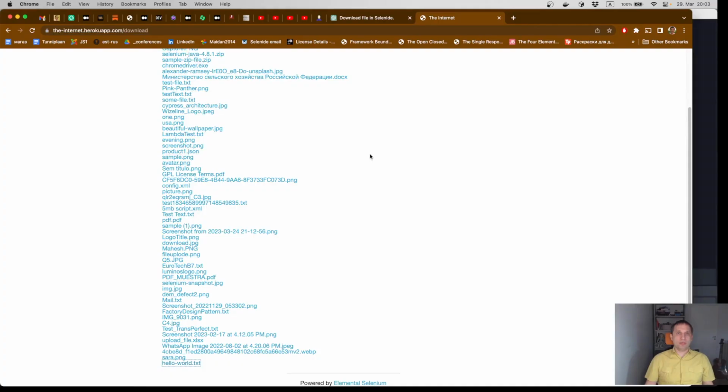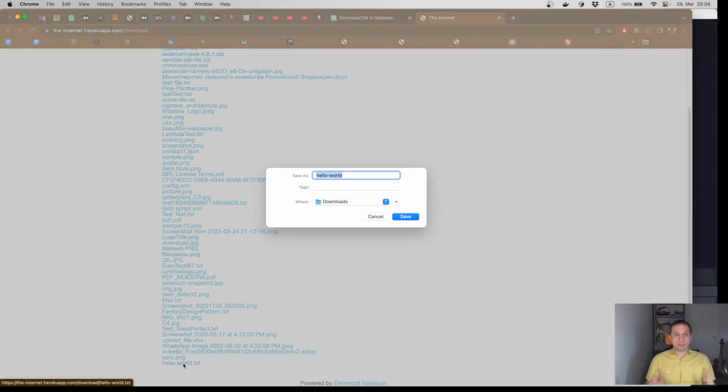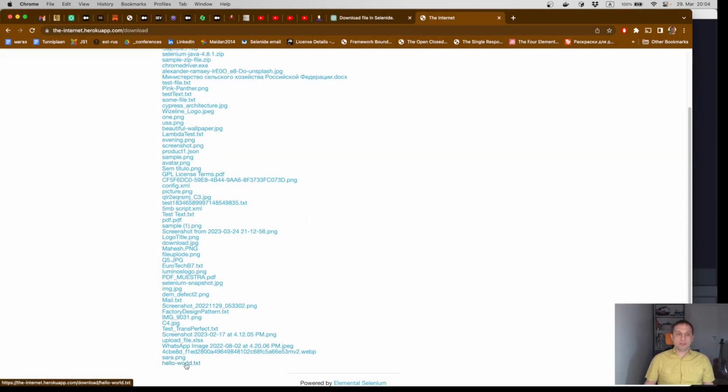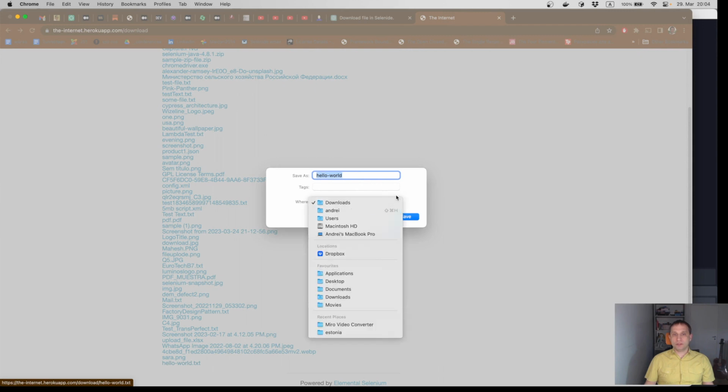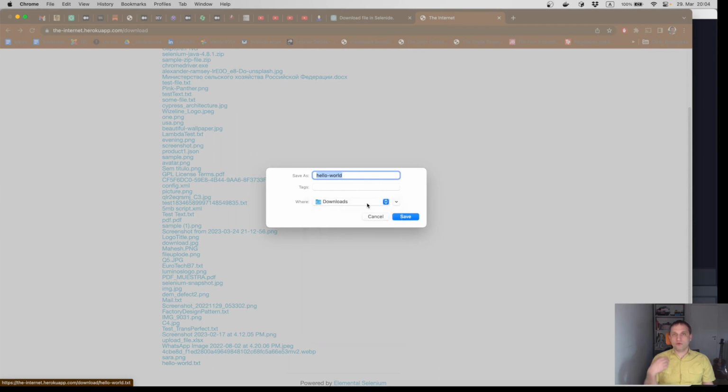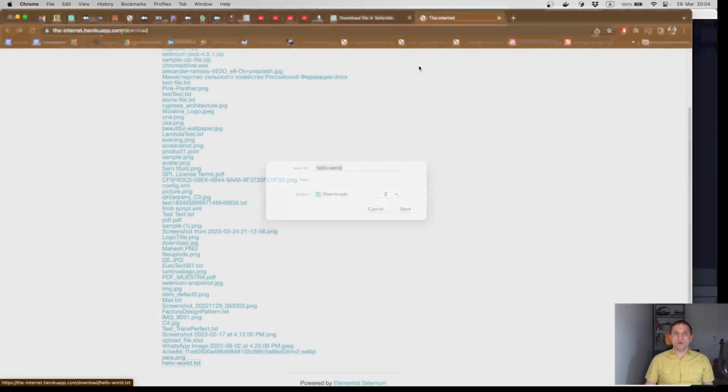Let's go. Let's assume that you need to write an automated test, which probably opens a page with a link for downloading a file. For example, this one, hello world. The test wants to click this link somehow and get this file. Usually people have lots of problems with that. How exactly can I say browsers that you need to download to this folder? How later I need to find this file from this folder?